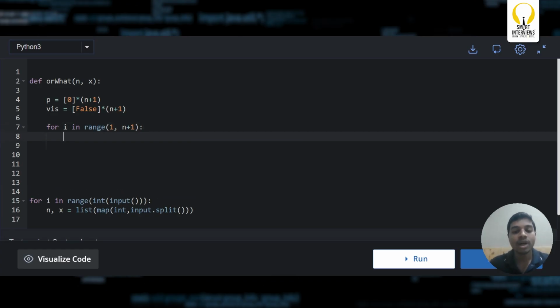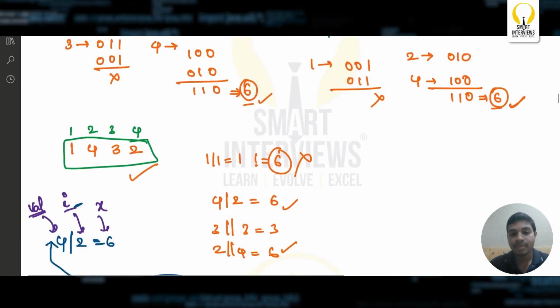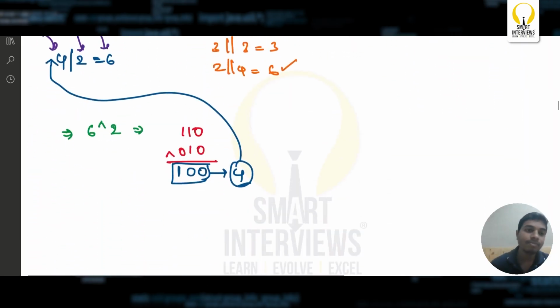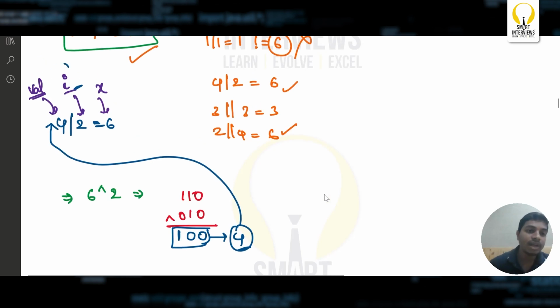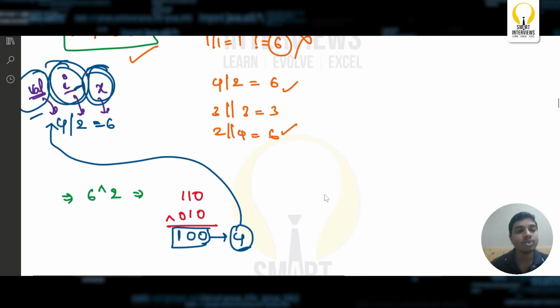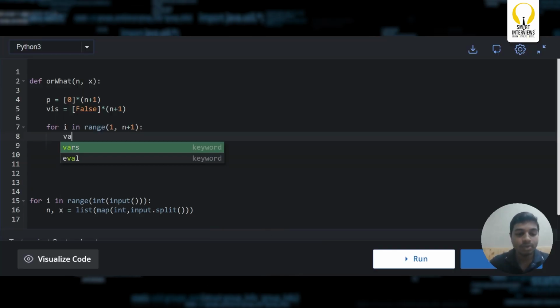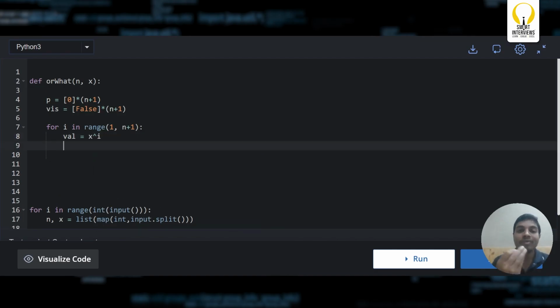As we already figured out, if I'm already having this value i along with this value x, I will be able to figure out the other value with the help of this particular XOR logic, x XOR with i. Yes, x XOR with i. Let us go with the same. So let us say value equals x XOR with i. Okay, and whatever value we got,